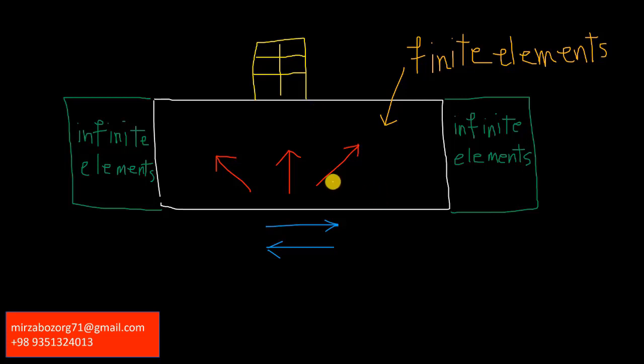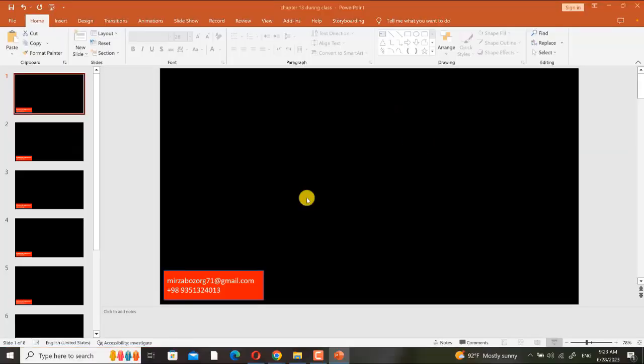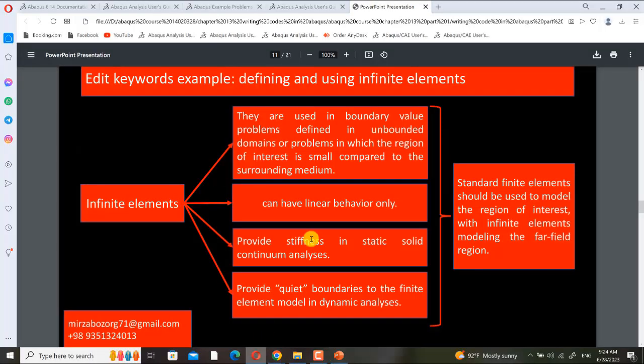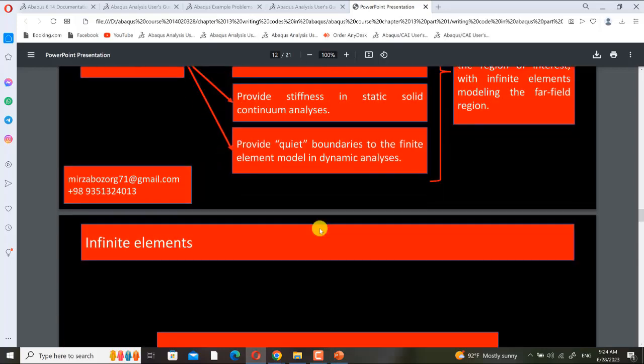They must be absorbed. These infinite elements can do this for us, so they are quiet boundaries, because when something impacts them, most of its energy is absorbed. And that's it.